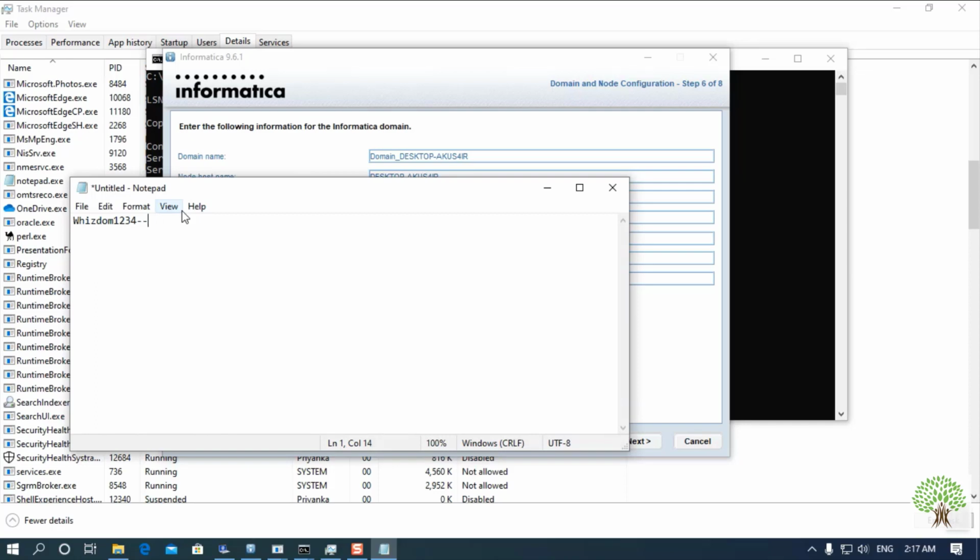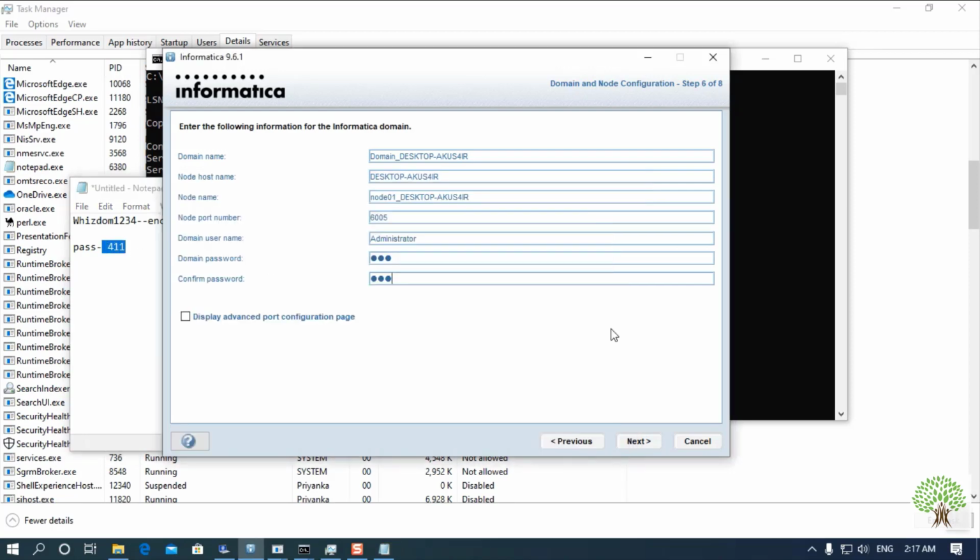Let me note it down so that whenever I may want this, I can use it. This is the encryption key, and the password for this is my password which I had set while installing Oracle. So I'm using the same password for Informatica. Fine. I'll move to the next